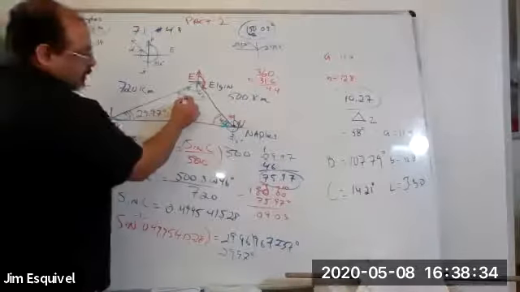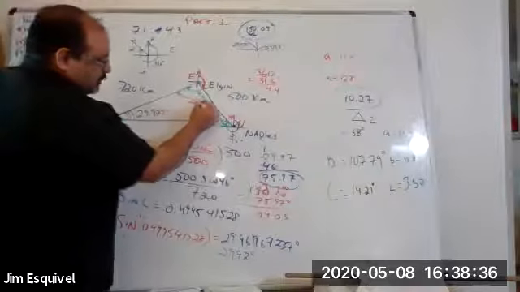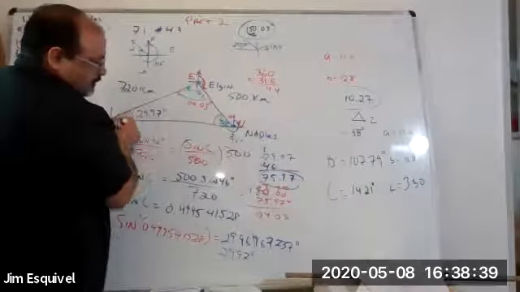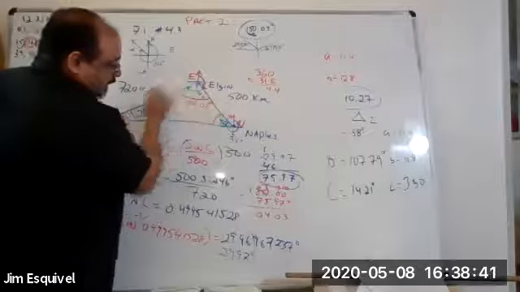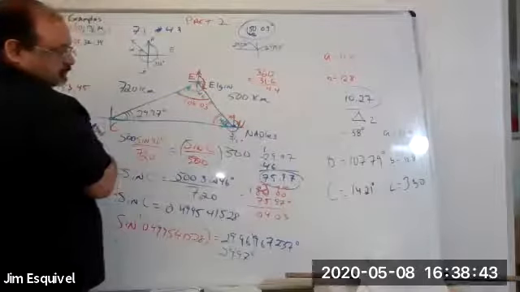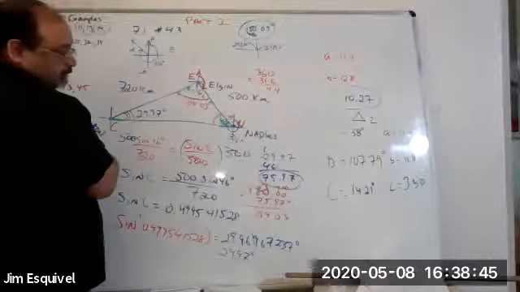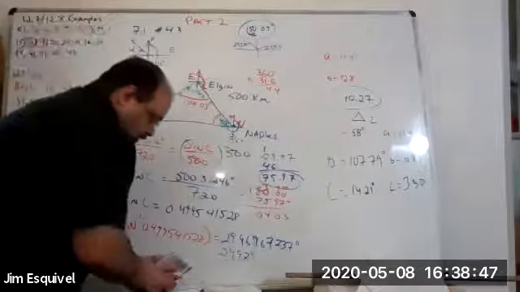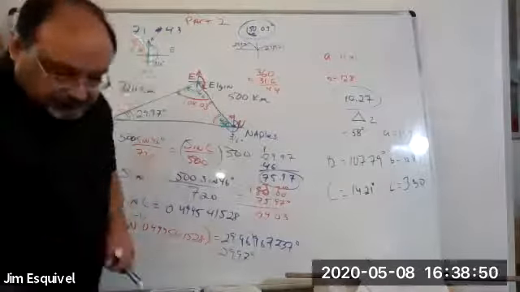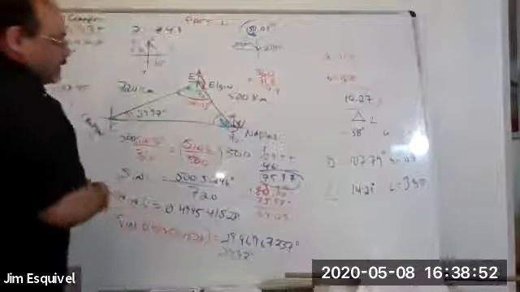In the triangle, this is 104.03 degrees. But that's just the angle in the triangle. Okay? You know that